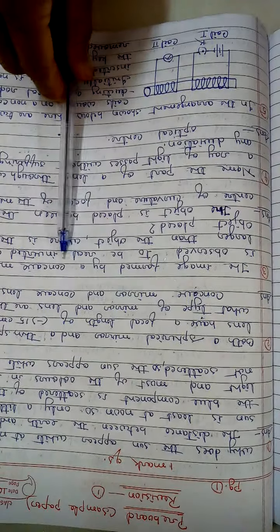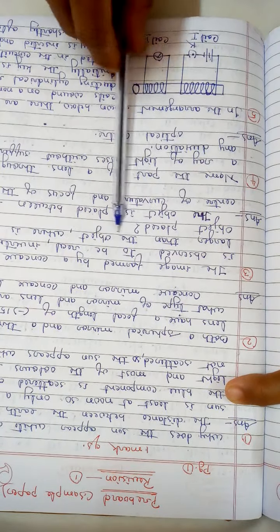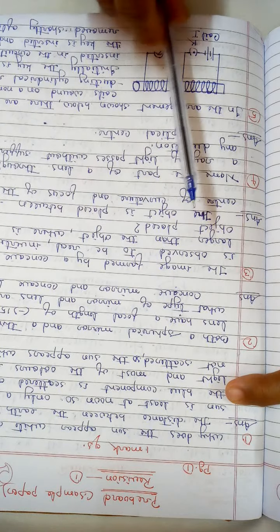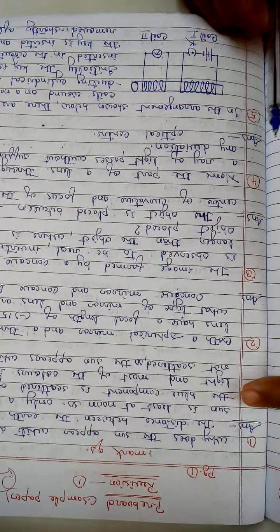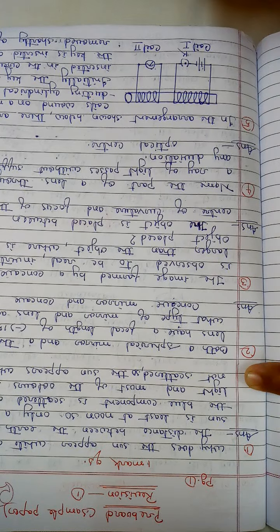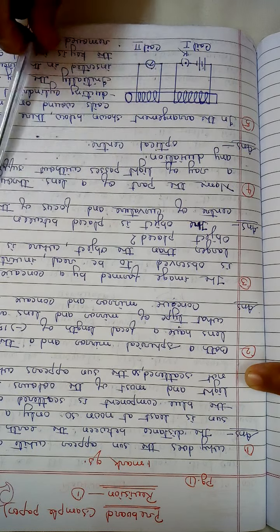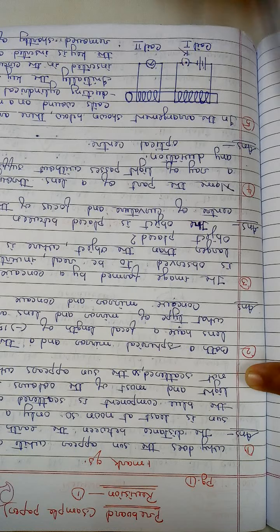The image formed by a concave mirror is observed to be real, inverted, and larger than the object. Where is the object placed? Now, as we have seen the different positions of the object in front of a concave mirror, the object is placed between the center of curvature and focus of the mirror.